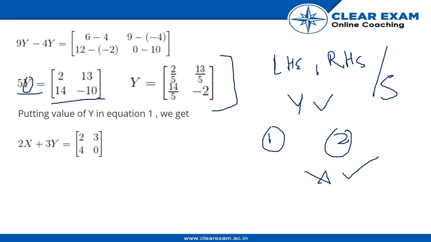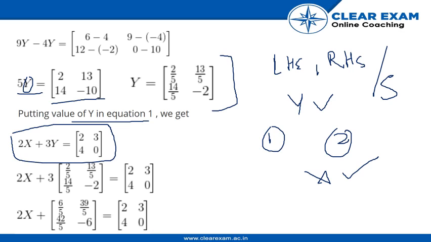So they have replaced the value of y in equation 1. Our equation 1 was this. So moving to the next step, they have replaced y here, and then they have multiplied this constant into the matrix y. So we get something like this. We get 2x plus matrix 1 is equal to matrix 2. So how do we solve for 2x? We simply transfer matrix 1 to the RHS. We bring all the variable matrices to one side and all the constant matrices to the other side.